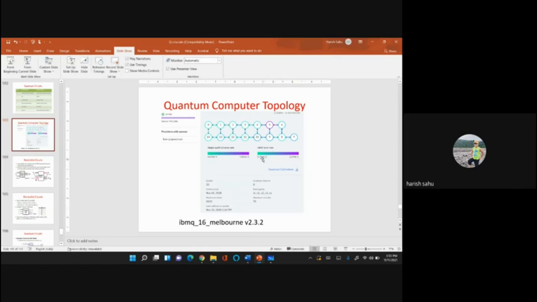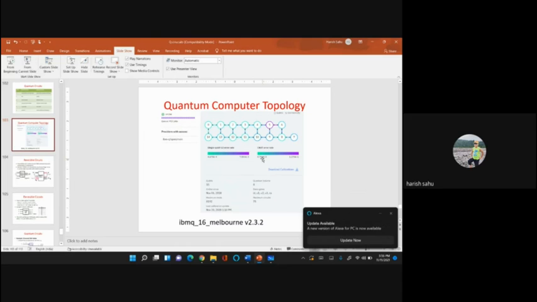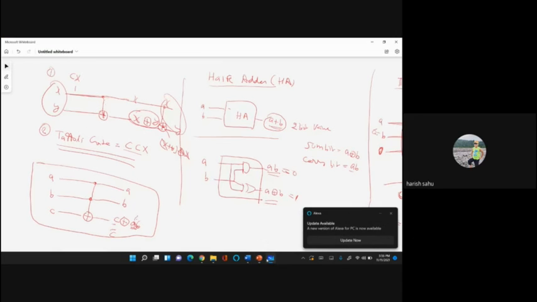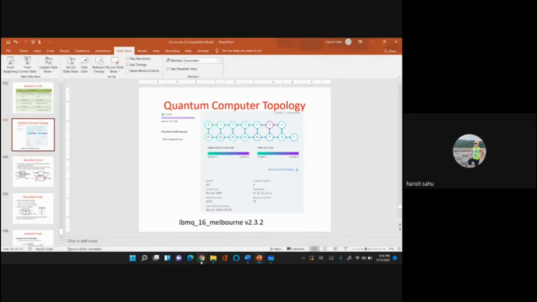If you do this 1000 times, then out of those 1000, sometimes you will get a wrong answer. Ideally, the C naught should behave like this: it should not change the first control qubit, and it should change the target qubit only. But if you run the C naught operation 1000 times, sometimes this X will also flip. That is basically wrong.